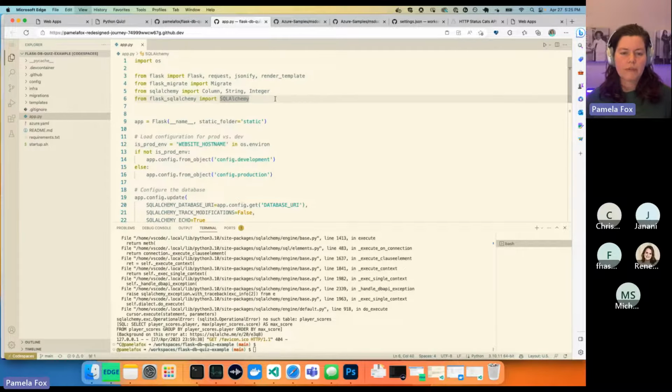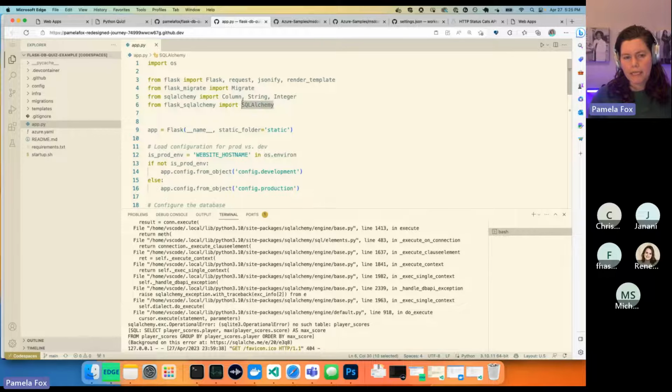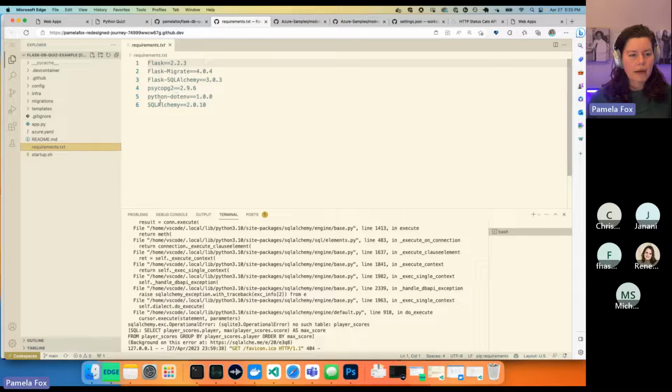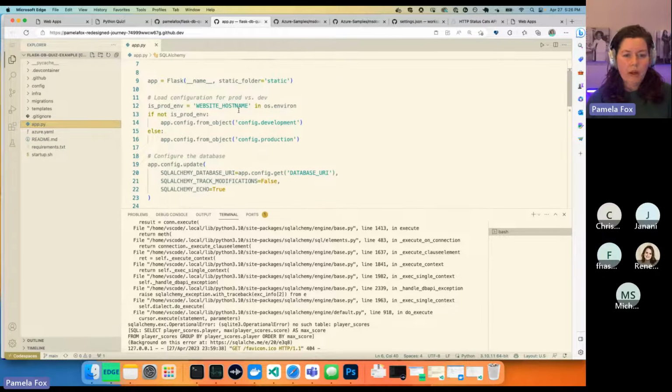And in Flask, the way to do that is to use the SQL Alchemy package. I use SQL Alchemy, I use Flask SQL Alchemy, which connects the two. I use Flask Migrate, which helps as well. I use Psycopg, which is specific for Postgres. And then I use python-dotenv in order to read environment variables in. So you notice the jump to databases meant we had to add a lot of stuff to this Flask app. So yeah, we had to bring all that stuff in.